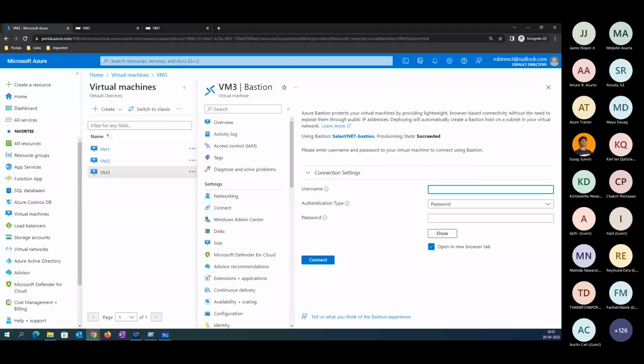Right now we have seen how the jump server works. Now we are going to discuss another concept called NSG, Network Security Group.